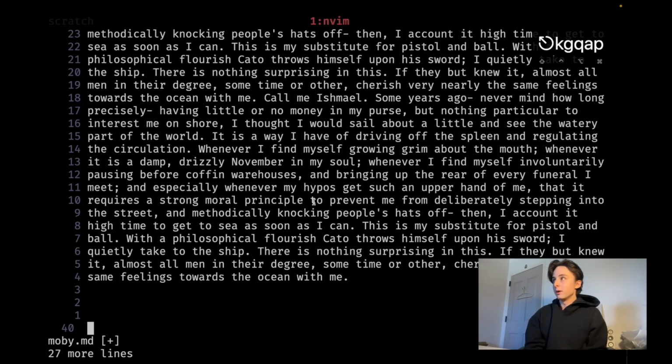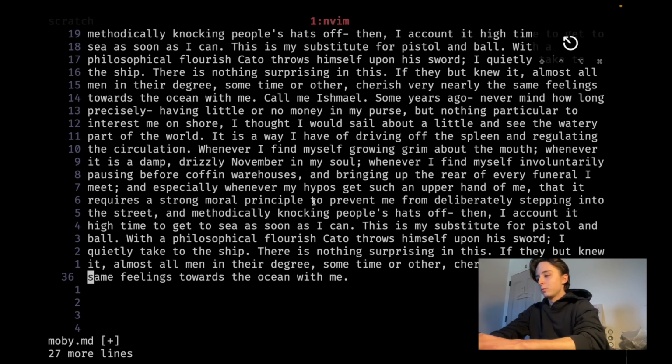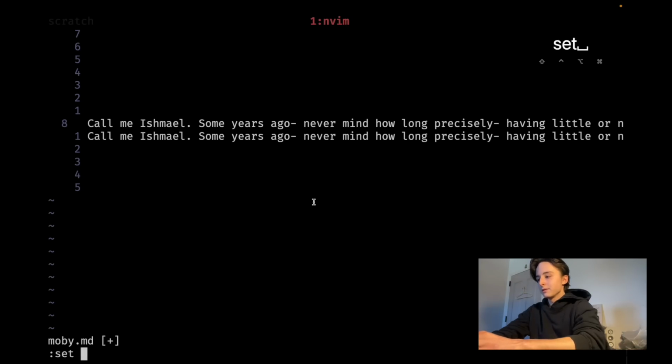Absolutely love that one. But if you do, for whatever reason, maybe your language is weird and any line break is going to show up, I don't know what language that would be, LaTeX maybe, and you need to wrap, then you have the other alternative of setting wrap and then mapping gq and the other thing. Oh, also one more thing. So if I undo that, and I set wrap again,